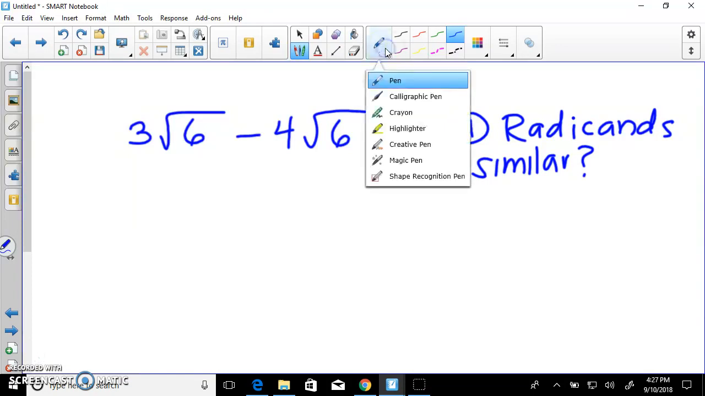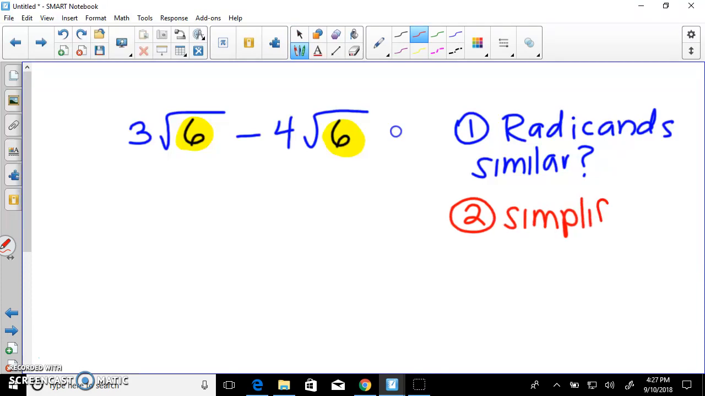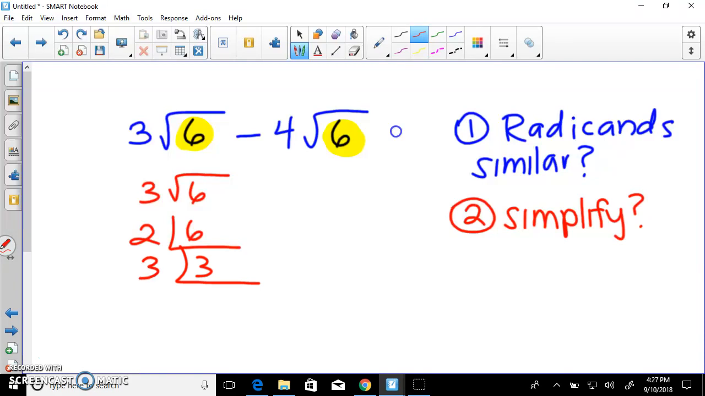Well, in the first example, the radicand is 6. In the second, the radicand is also 6. So that's good, okay? We're still going to ask ourselves, can we simplify? Can we simplify 3 square root 6? Well, we already saw in a previous example that when we factor 6 into prime factors, 2 and 3,